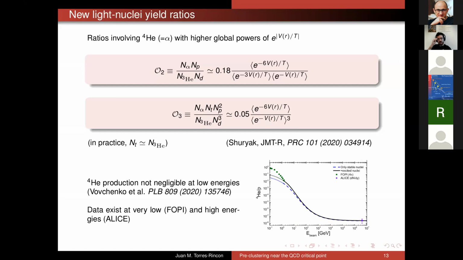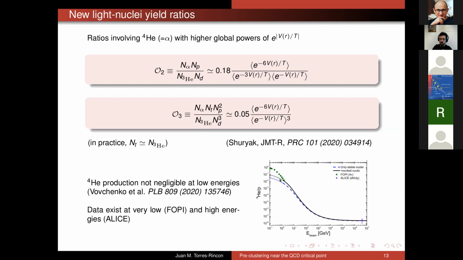But of course, helium-4 is very much suppressed, as you know. You can say that you cannot take much data of that because of the huge penalty factor. And in fact, this is true. If you look, for example, at high energies, this is the point here for ALICE, and you see that this helium-4 multiplicity compared to the proton multiplicity is 10 to the power of minus 7. This is really much suppressed. But what happens is that as you decrease the collision energy, this ratio increases so rapidly.